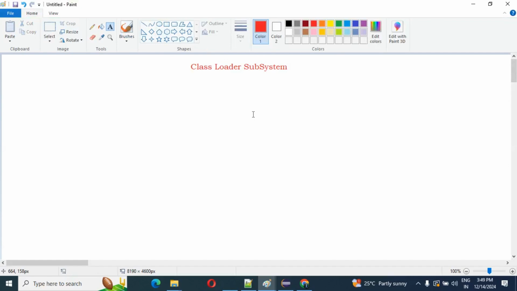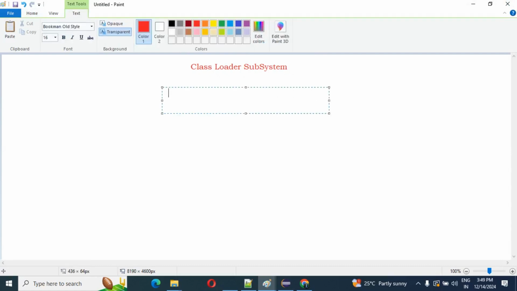So guys, what do we know? In the class loader subsystem we have three types. We categorize the class loader subsystem into three parts. What is the first part of the class loader subsystem? The first part is the bootstrap class loader.